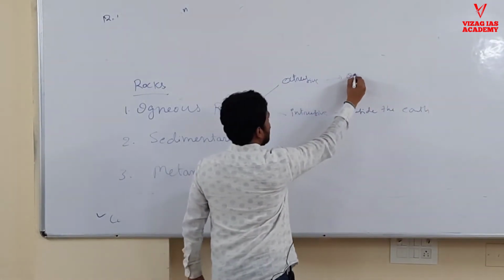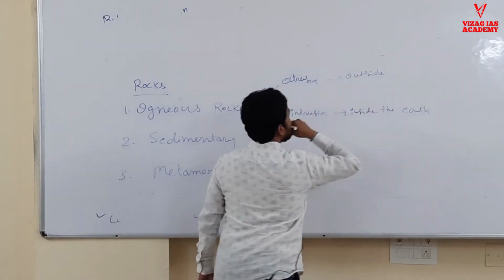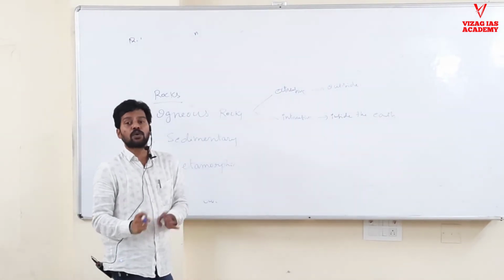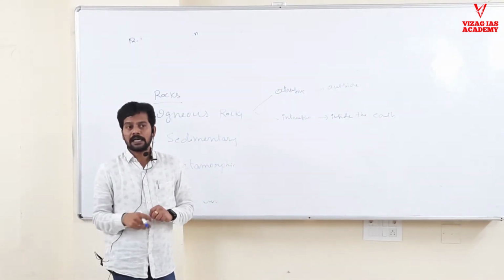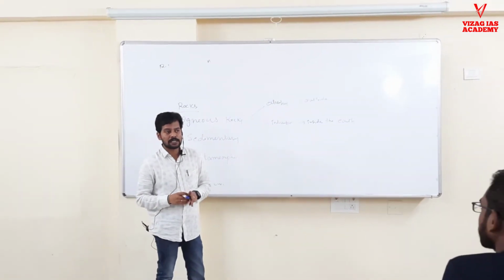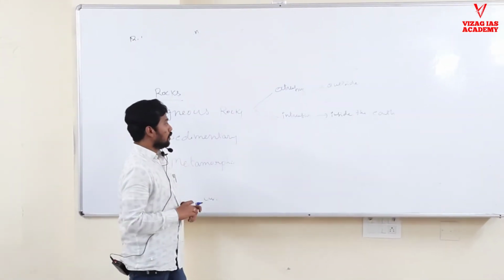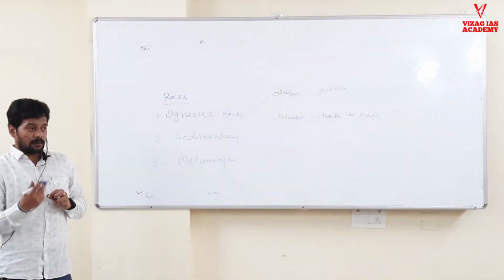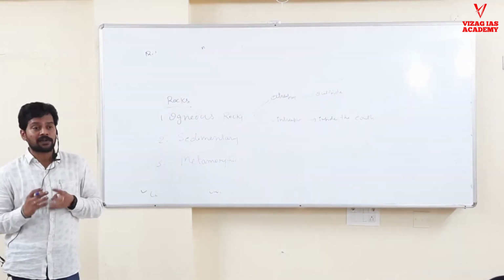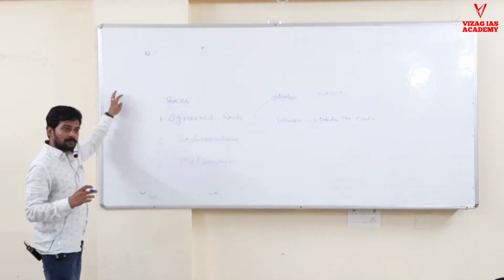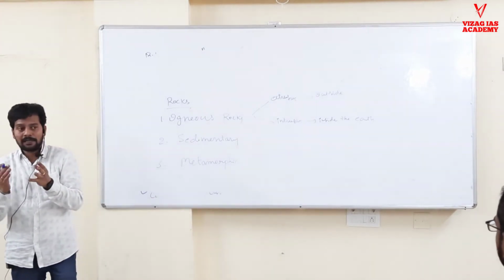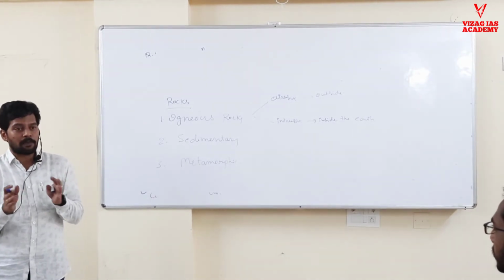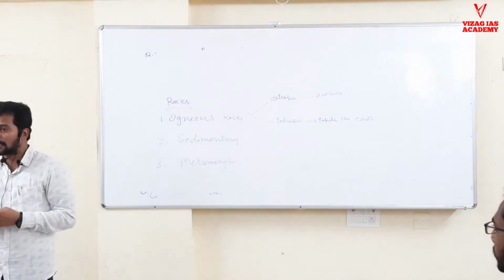Extrusive is outside the earth. Volcanic activity inside the earth means when magma is flowing, if it gets cooled, rock will form. Will it cool easily inside the earth, or outside the earth? Outside the earth. So inside the earth it will take a lot of time. When a lot of time is taken, the process of crystallization happens. Rocks are nothing but minerals. Minerals are arranged in a certain manner. When different minerals or the same type of minerals are brought together, one structure is given, that is nothing but the rock.